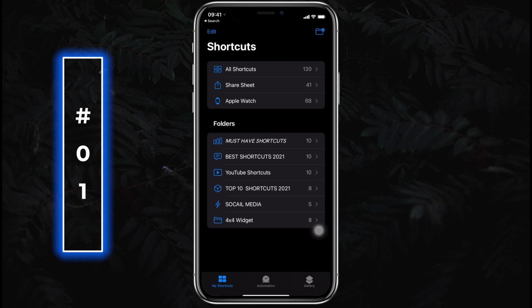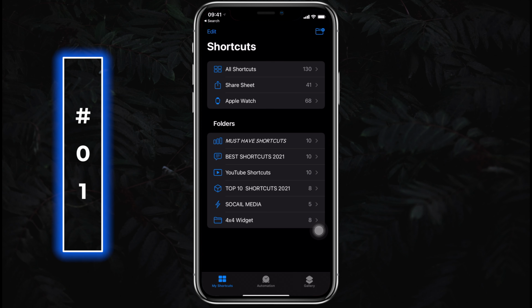And if you have multiple shortcuts like I have, I'll definitely suggest you organize them into folders. Now instead of creating a folder by tapping on the folder icon here, navigate to all shortcuts and select the shortcuts you want to be organized in a new folder. Tap on move at the bottom, then select new folder. Type in a name and choose your preferred icon and tap on add. Now if we swipe left, here's our folder. And the best part is you can 3D touch and place that folder at the top or anywhere in the stack if you have multiple folders.